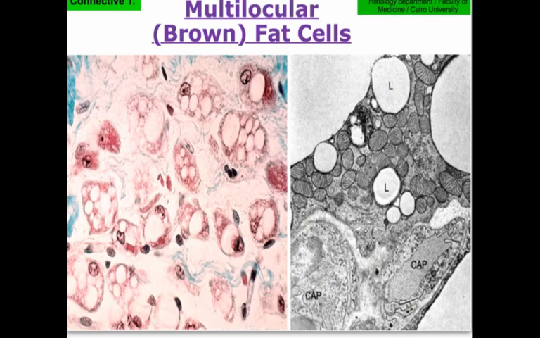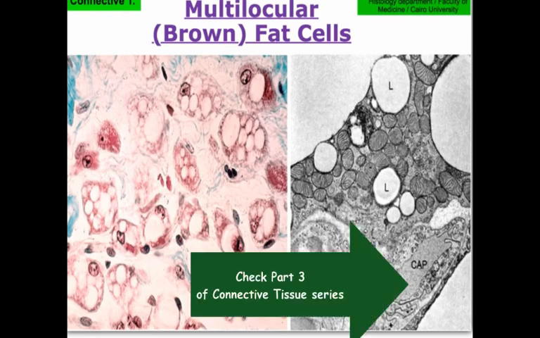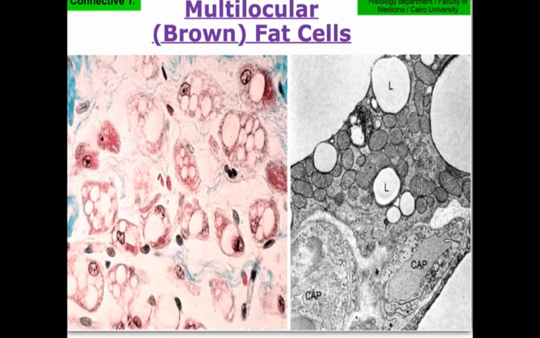As regards the LM, actually, number 1, it is smaller than the white fat cell. Number 2, it has multiple fat droplets and not one. Number 3, the nucleus is rounded and not compressed like that of here. It is rounded, not compressed as that of the white. So the nucleus here does not show signet ring appearance, and also